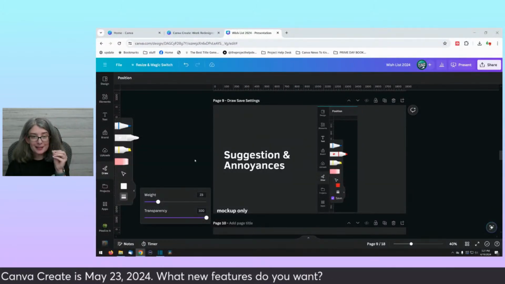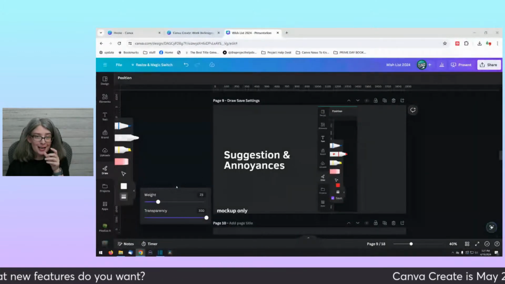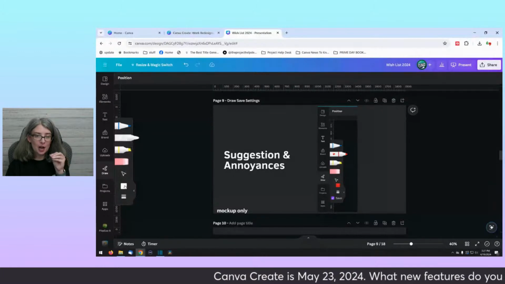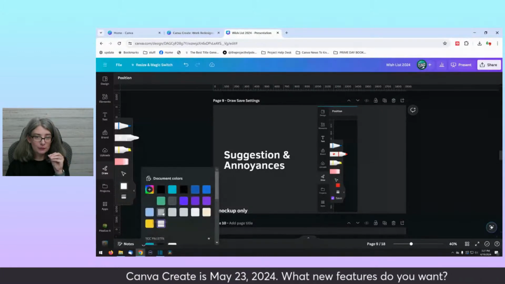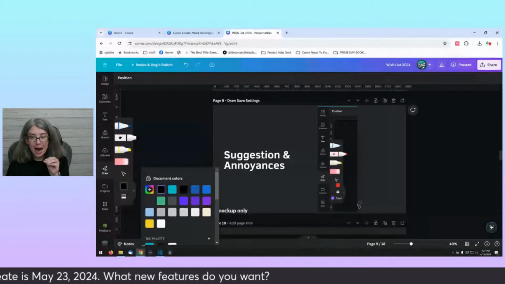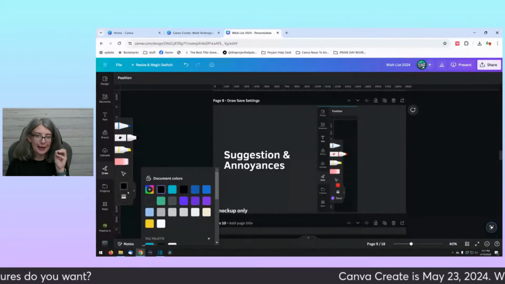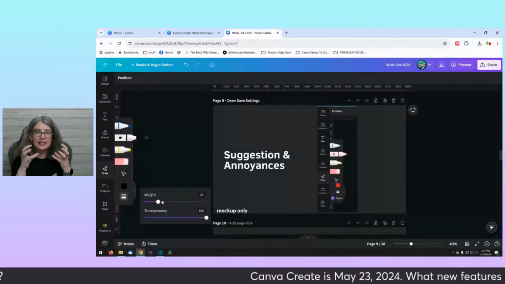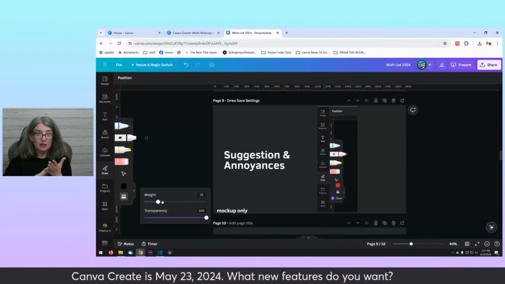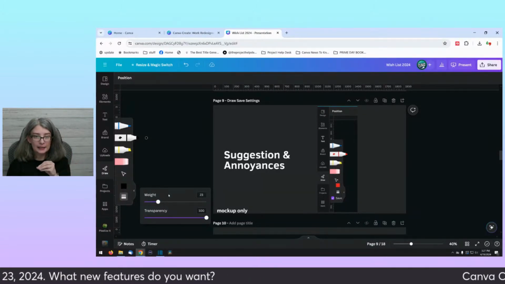So what I was essentially saying is that I wish that we could choose the color that we want and there was a save button so that we could save the settings of the marker and the weight and it would stay there indefinitely until we changed it, right? And then we could just click that.